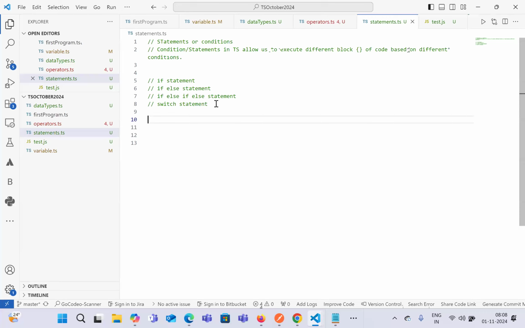Okay, so let's get started with the first, the if statement. What is an if statement? The if statement is basically used to execute code if the specified condition is true, whatever the condition that we are trying to validate. If the condition is true, at that point of time, the if block will be executed. So I'll also write a definition: the if statement is used to execute a block of code